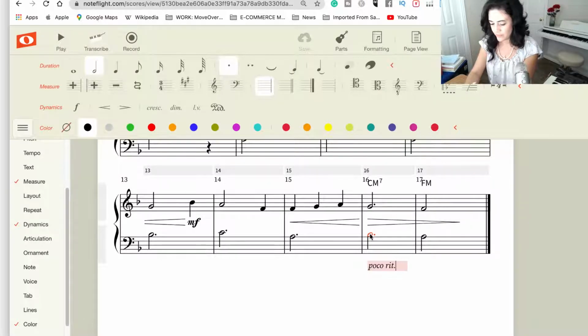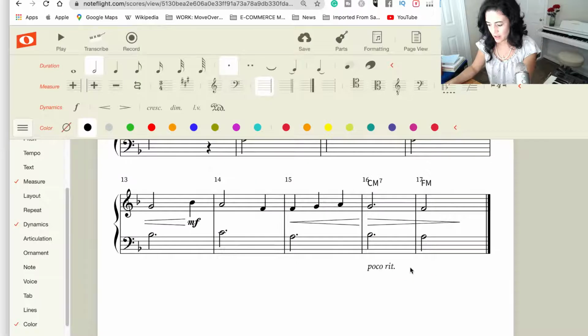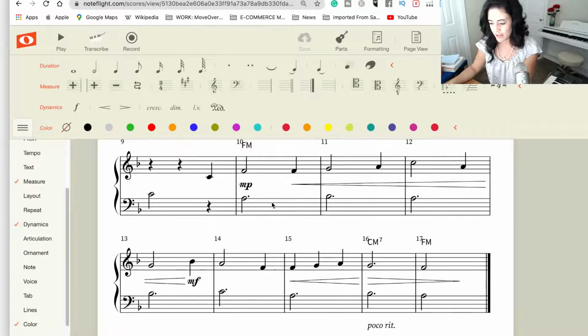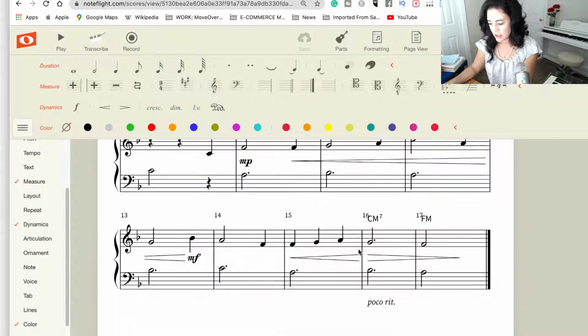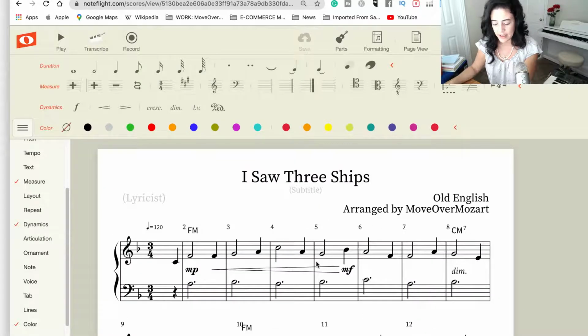ritardando, poco rit, and there it shows up just there. So yeah, that is one way, or you can put it in as text, but it's up to you. All right, so we have all of our dynamics in. Okay, now the next thing we want to do is